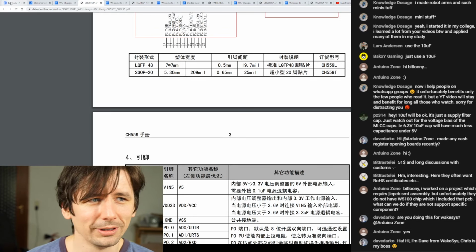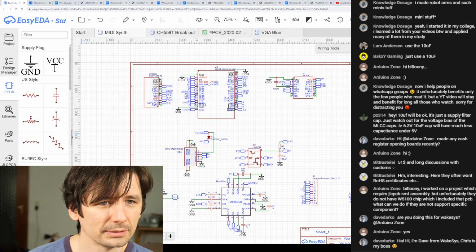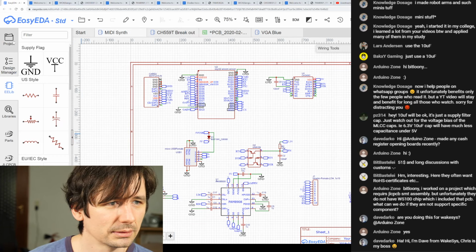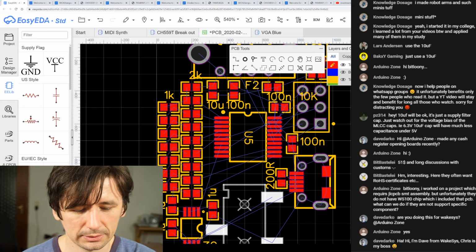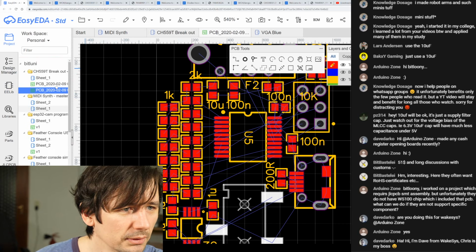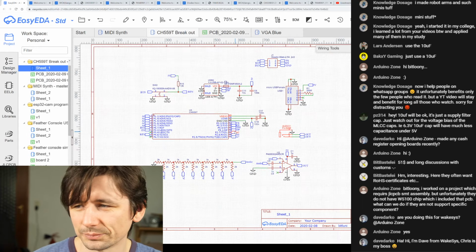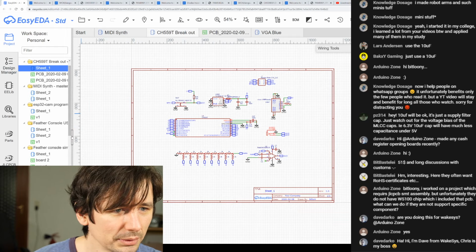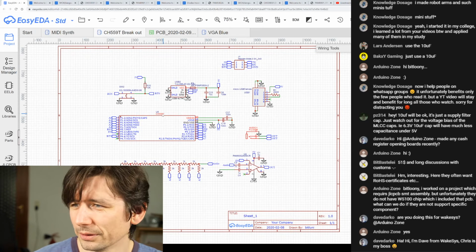Long story short, this is the board already. Spoiler alert. Here. No, is it that one? Yes, it is. Zoom out a bit. So this is the T version of the